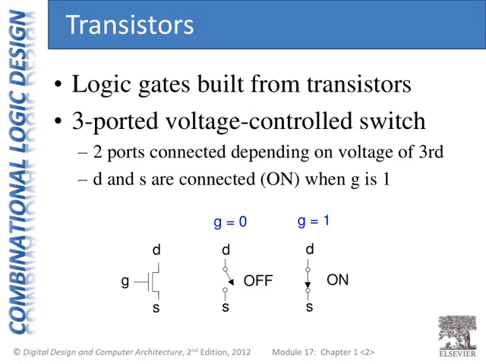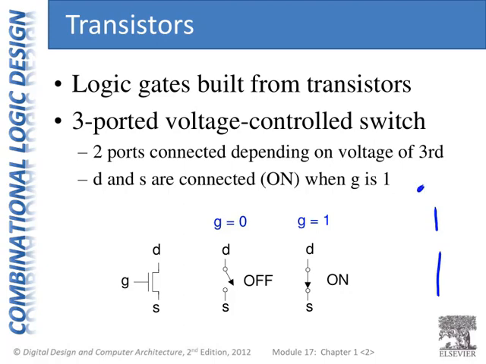So let's talk about the high-level view of transistors. As I said, logic gates are built from transistors, and a transistor is a three-ported voltage-controlled switch. So a transistor is basically a switch. It has three ports or connections. So here's a picture of the transistor with one connection there, the D port, another connection, and another connection. So it's called a voltage-controlled switch because depending on the voltage at the gate, the other two terminals are either connected or not connected. So here's a switch,